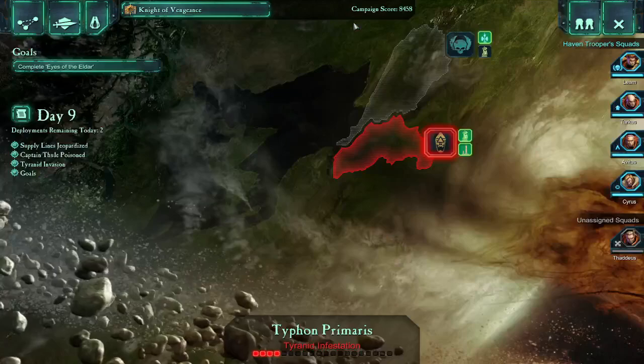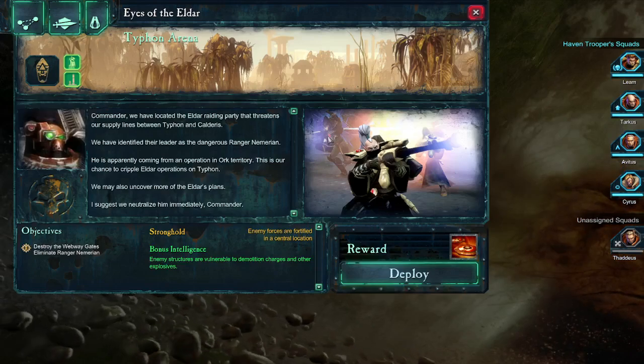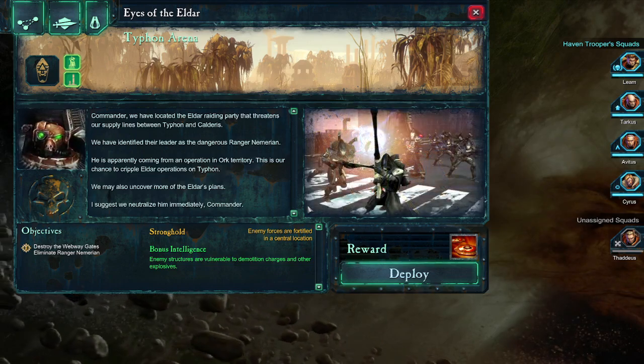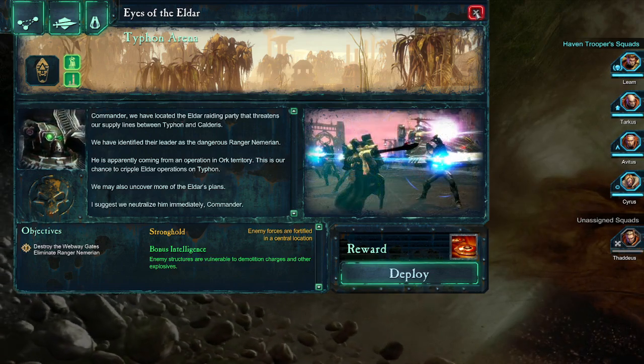Cluster mines. Commander, we have located the Eldar raiding party that fairly threatens our supply lines between Typhon and Calderas. We have identified their leader as the dangerous Ranger Nemerian. He is a...